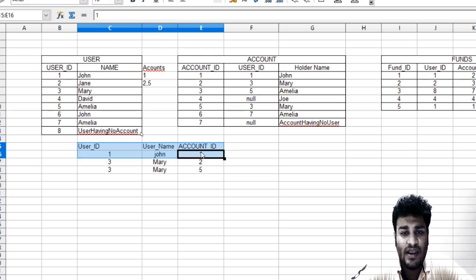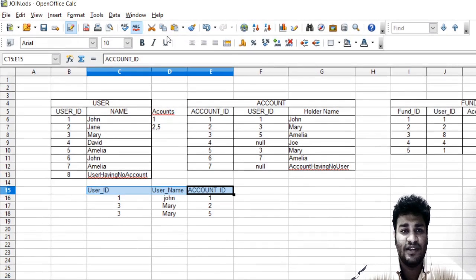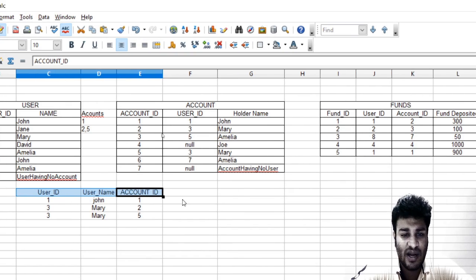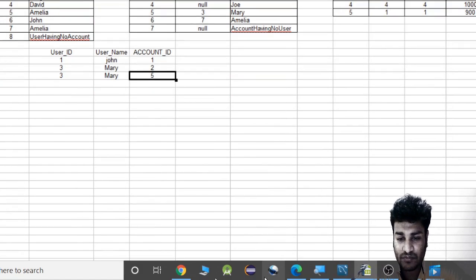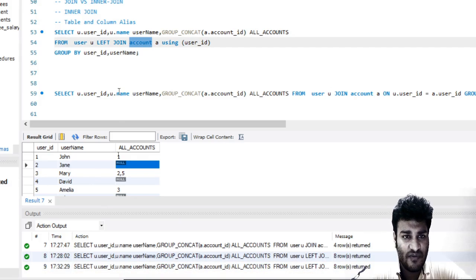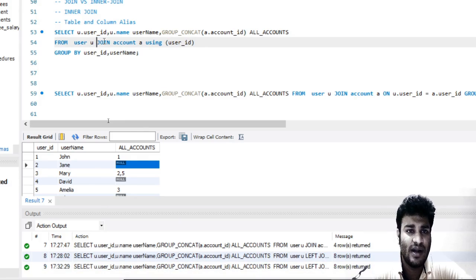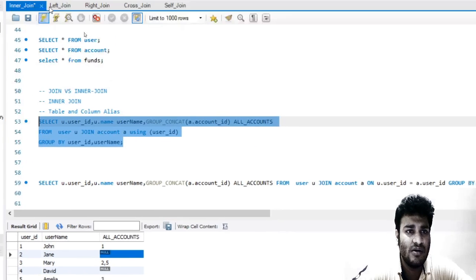And now if we even want to get the sum of the funds, so for example, John has this one account and what is the sum of the fund in this one account or in these two accounts or in these five accounts. Similarly, if we want the sum of the funds in this account, I'll just go ahead and delete left join for now.